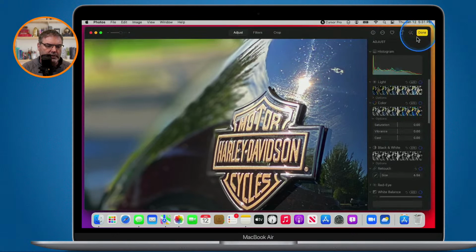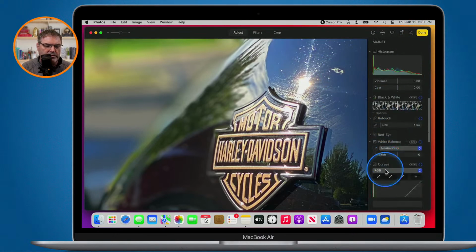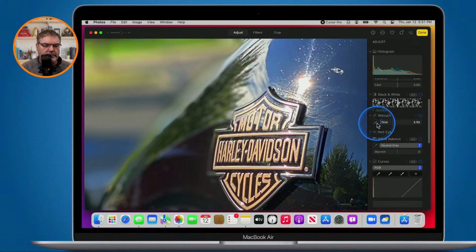I click on Edit, and when you use some of these tools, you're going to see that we have a brush size here. Can you see that? Not my blue halo, but the one that's going around it. That is the brush size. You want to make the brush size just about the size of what you want to remove. So you're going to see that white ring inside my blue ring is just about the size of that. So now I can take this and I just go like that a little bit. We want to keep it to a minimum. And lo and behold, it took that out. So yes, it will take people out, but